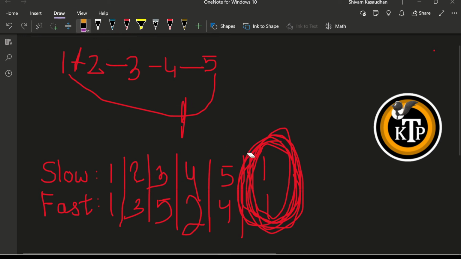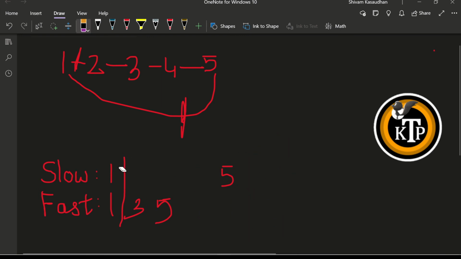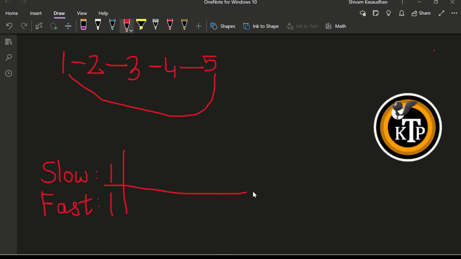So in this case I will point, like our last pointer where we got to know that there is presence of a loop or not, that is 1. So this time I will increase only the fast pointer, we will keep the slow pointer as it is. We will increase fast pointer by 1, like 1 will increase and come to 2, then 3, then 4, then 5.